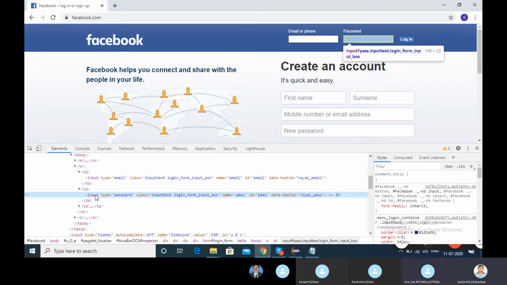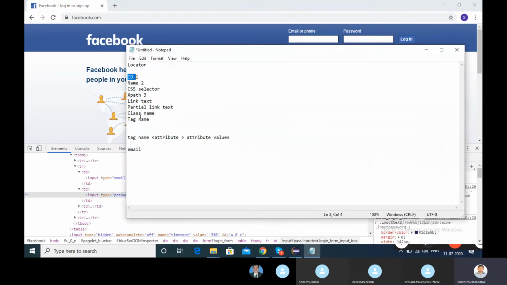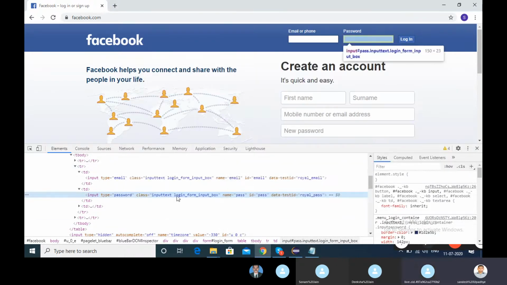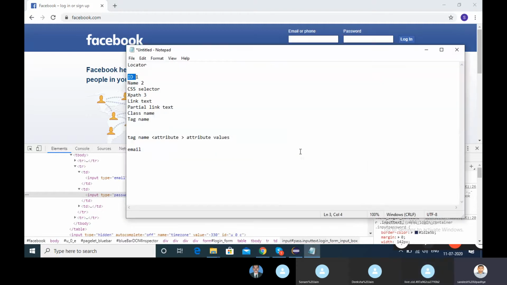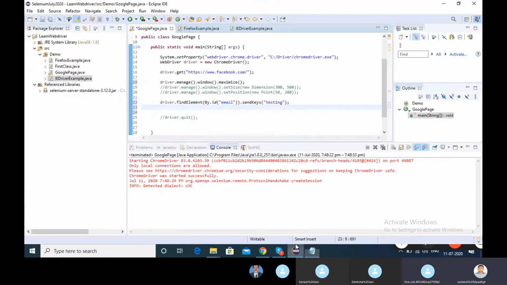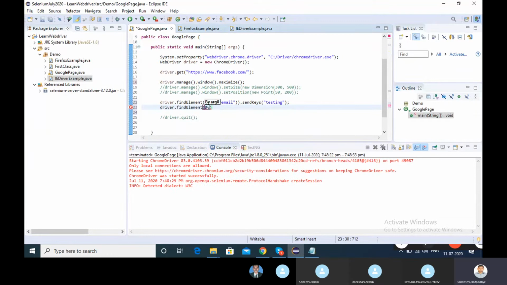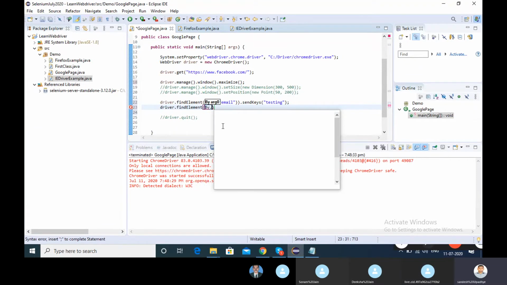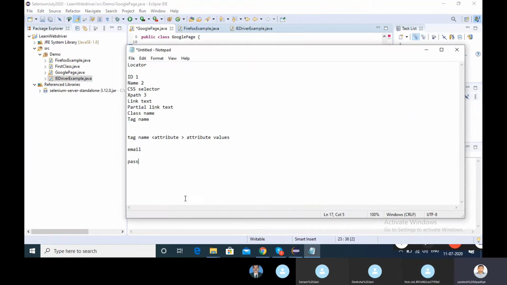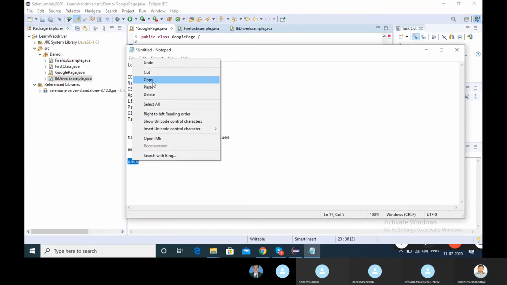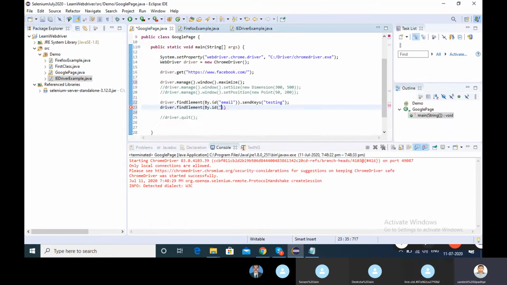In this tag name, attribute and attribute value, go with our locator: id, name, css selector, whatever locator we have, choose this. We have name, we have id, correct? So we can double click here, copy these things, go to notepad at the initial level, paste it here, go to the code, write here driver dot find element by id, and the id name itself is pass. Copy these things, in double quotes paste it,